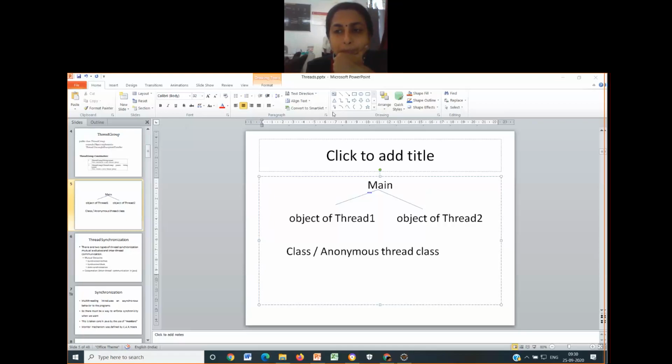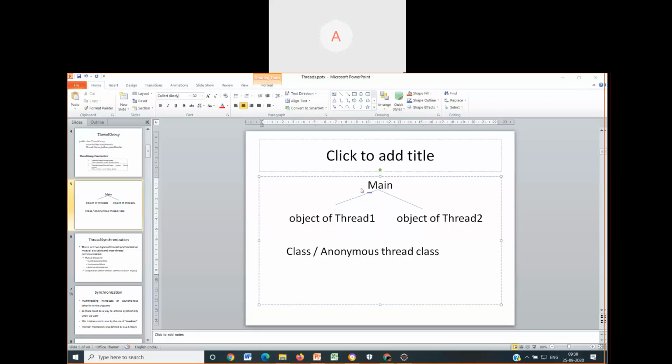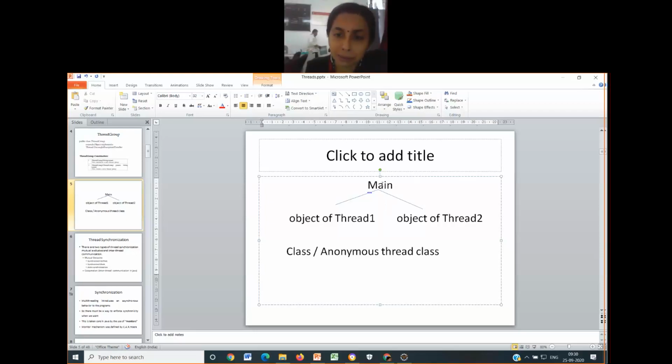Is it a thread class? Ma'am, the main class is the class that contains the main method. Correct. The main class is a class which contains the main method. Public static void main, whichever class holds that, that particular class is called the main class.